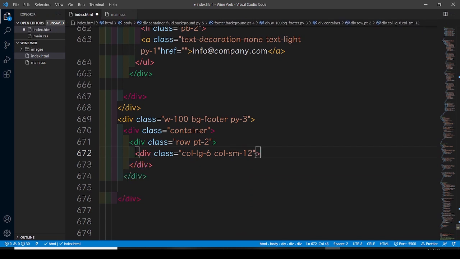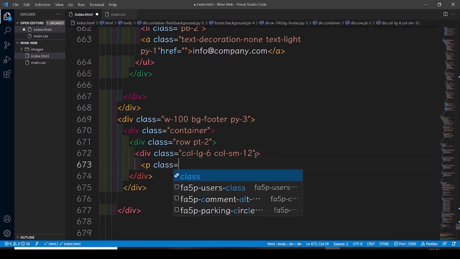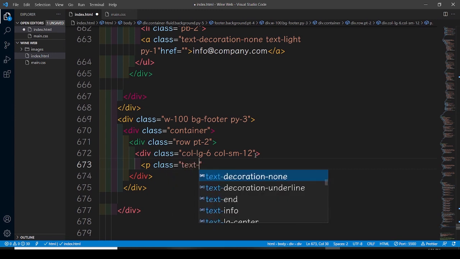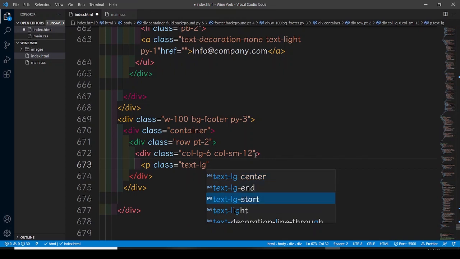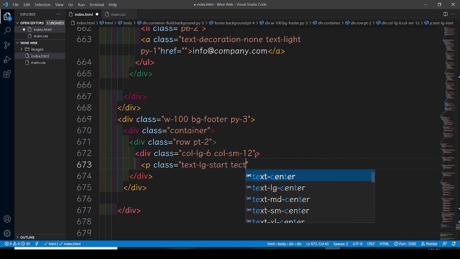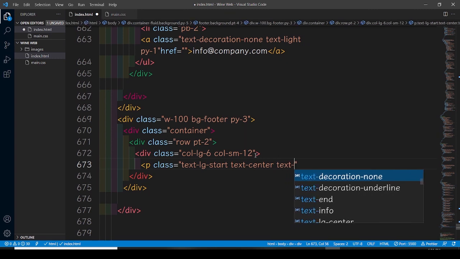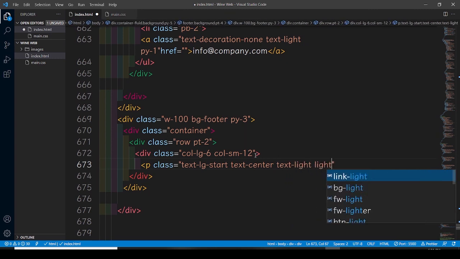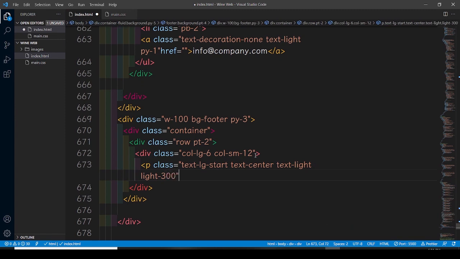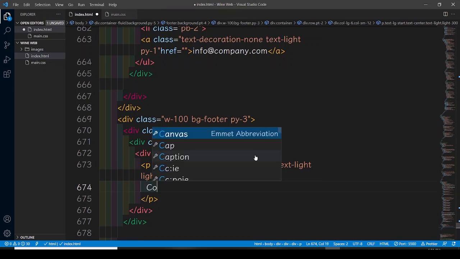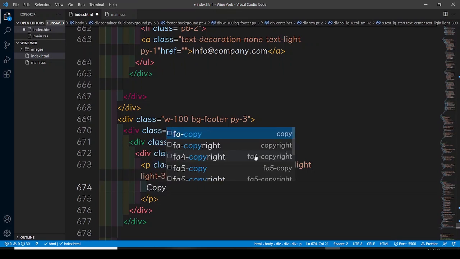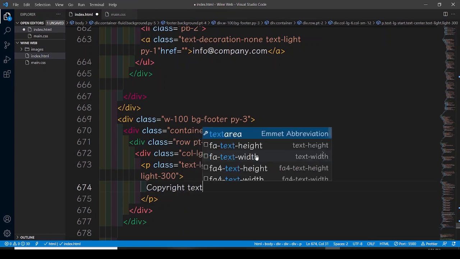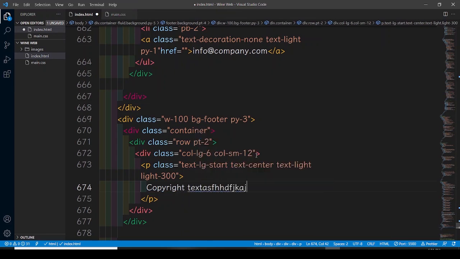Okay, then we need a p element, assigning it a class. Class is gonna be text-lg-start, and then we have to say text-center, text-light is gonna be 300. We are not using these weights, but I'm telling you, it's just for your use in future. Okay, and then copyright text, and copyright text something, and then I'll write reserved, and then after